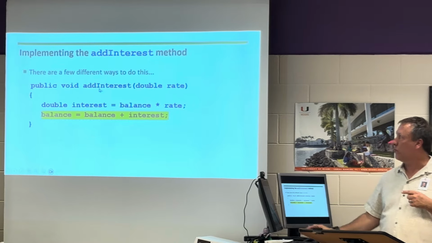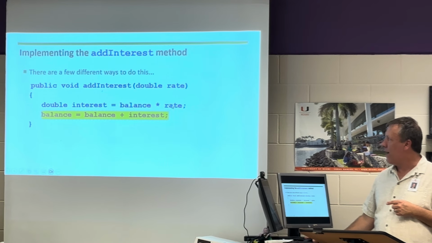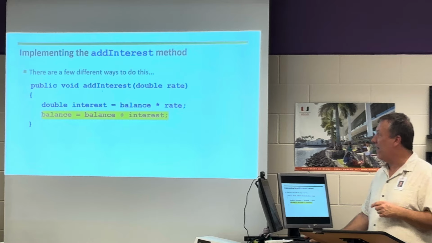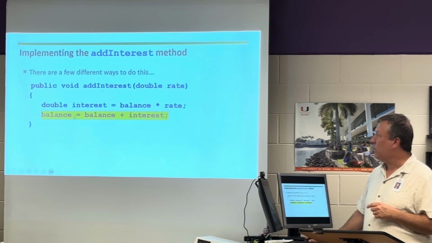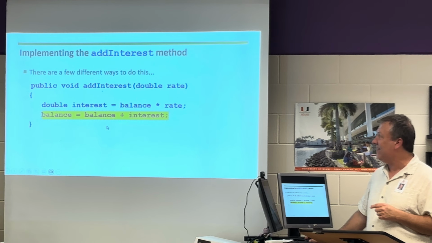That takes the interest rate, multiplies my balance by it, that's going to be my interest, and then I could add my interest to my balance. Does that make sense? Now, here's an even more clever way. Instead of just saying balance equals balance plus interest, could I instead say